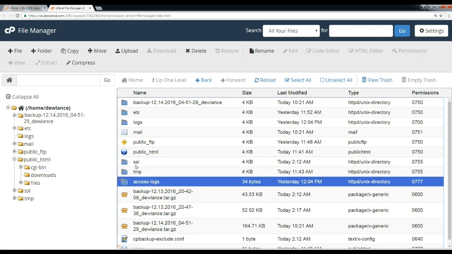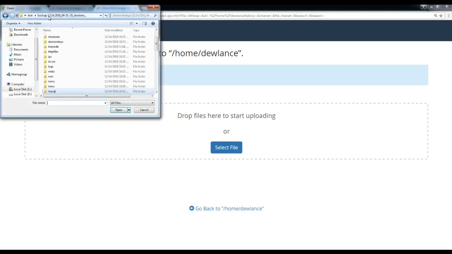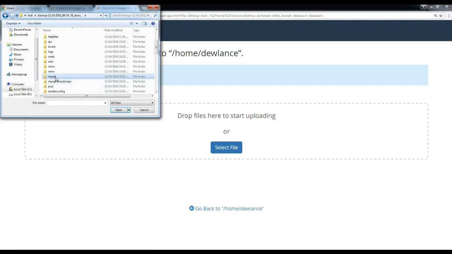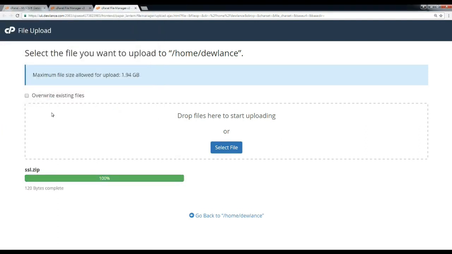Click on the Upload option, upload, select file. Here is our compressed SSL folder. Open it. Upload is completed.